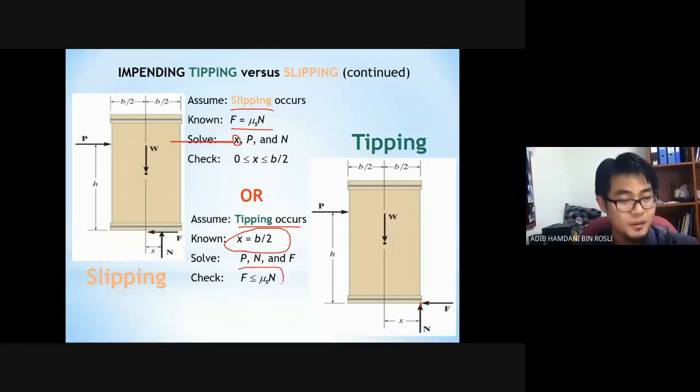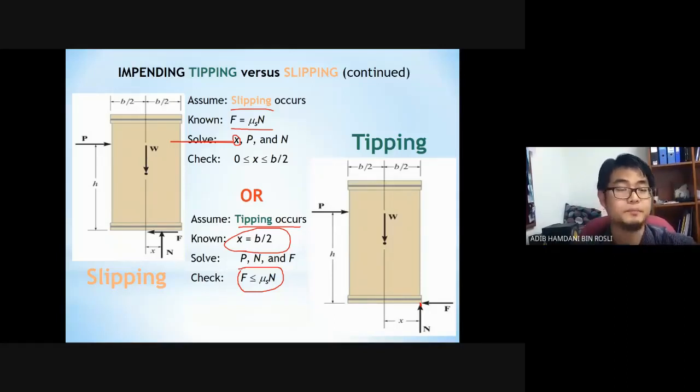You check this: your frictional force F must be less than mu Sn. Remember here, your F is not mu Sn, okay? In tipping, your F is not mu Sn. It should be lower than mu Sn. So don't put F equal to mu Sn into the equation. It's wrong. In the previous one, in slipping, yes, you use F equal to mu Sn. But in tipping, you don't. You have to find F yourself from the equation of equilibrium, and then you check. If your frictional force F is less than mu Sn, which is the limiting Fs, the limiting static frictional force, then your assumption that tipping occurs first is correct.